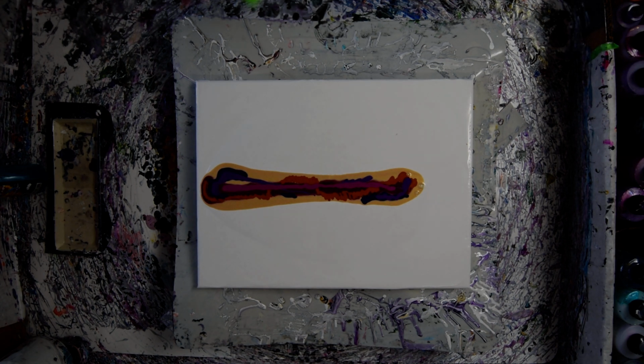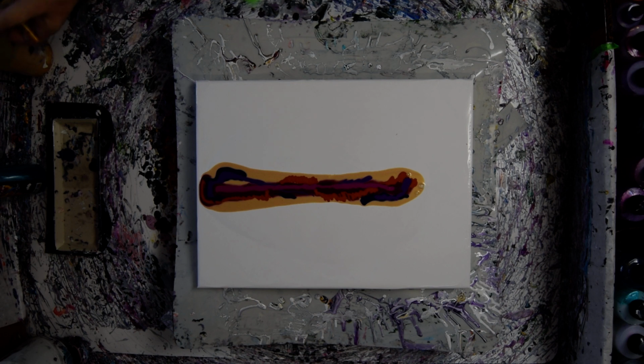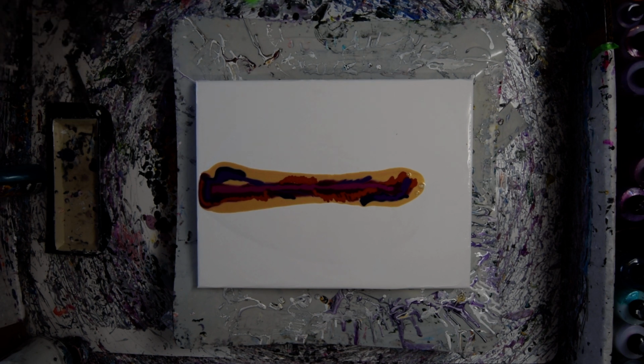Now, if I want my Mayan Gold as a swipe color on top of my cell activators, I'm going to have to, quick like a bunny, make it accessible. So that's me clearing the tip with my very pointy, sharp stainless steel tweezers